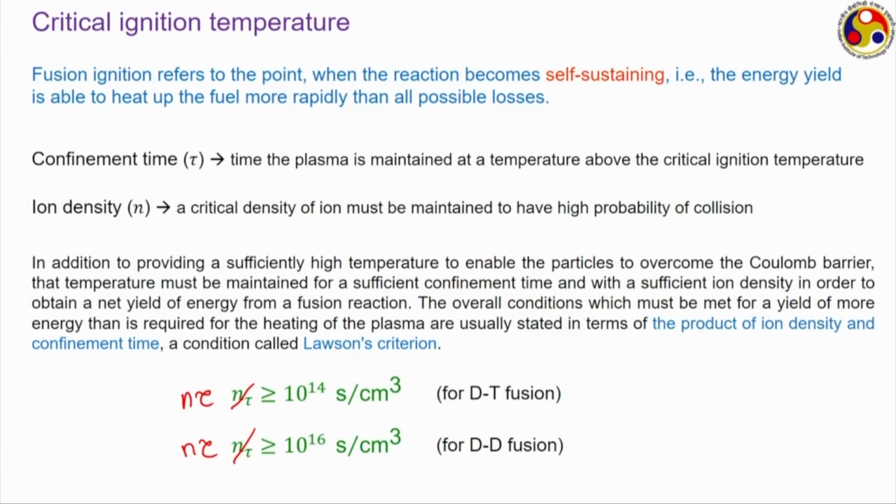So, the critical ignition temperature is quite analogous to the criticality condition that we get in the case of a fission reaction. There we must ensure criticality, that is, the reactivity should be equal to 0 or the multiplication factor should be equal to 1, so that we can sustain a chain reaction. Just the same here, but here the condition is given in terms of the product of n and tau and also in terms of temperature. Finally, we come to thermonuclear fusion.